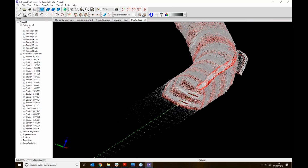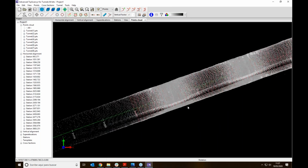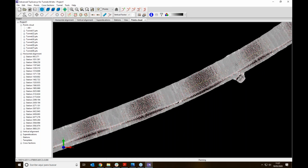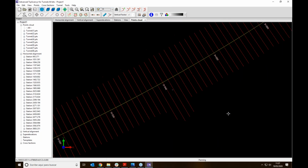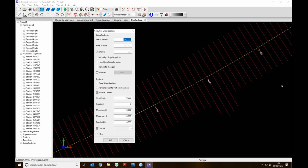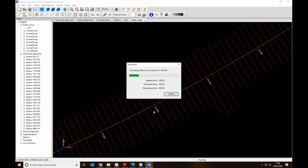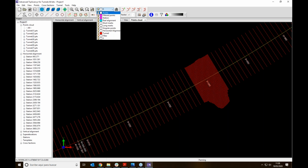Here we can see the result in 3D, and in this area, in the connection with the gallery, we want to add more detail. Let's hide the points, and we are going to add new cross sections in this interval. That is approximately initial station, final station. In this interval, we want to get a cross section every 10 centimeters. You can see the result, and